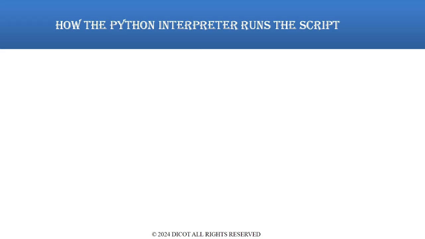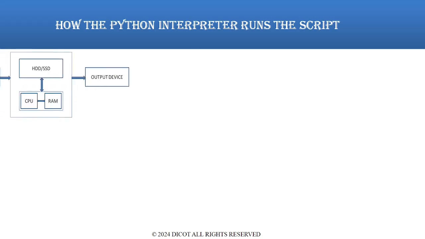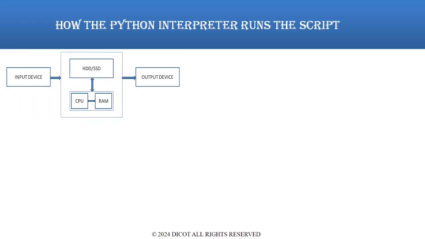In this presentation we will have a discussion on the topic, how the Python interpreter runs the script under its supervision. So this is the basic layout of a computer system. Anybody who has used a computer system will be aware of this. A computer system has an input device, an output device. It has a secondary storage like hard disk, then CPU and RAM, which are electronic chips, present on the motherboard